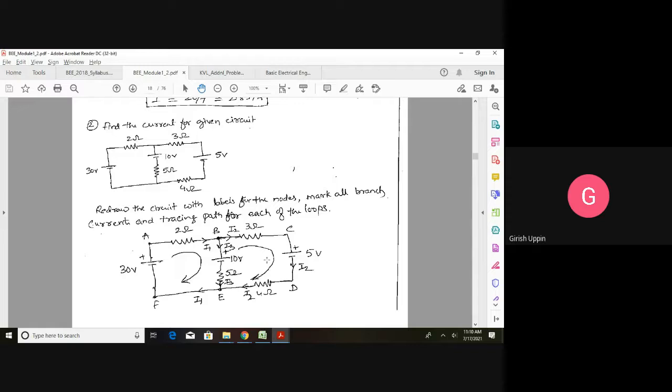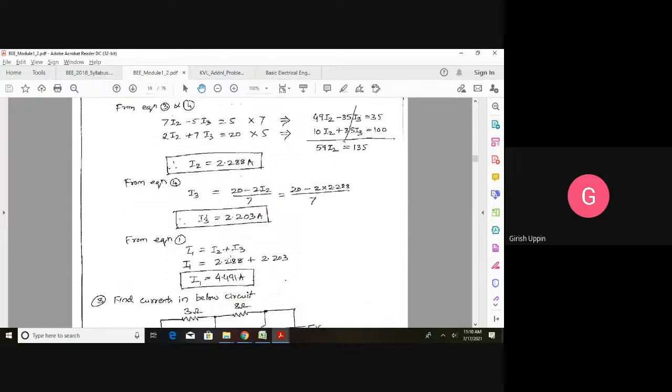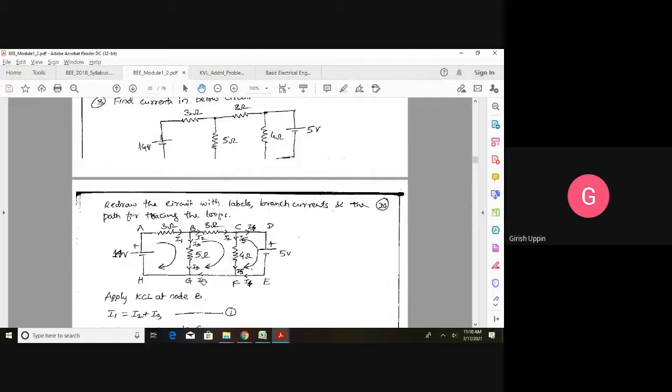So we will not solve this one. Don't take it as I3, because in these particular notes it is I3. Here also it is taken as I1, I2, I3, I4, I5. Don't take that. In this circuit, you have to take this as I1, this as I2. This is I1 minus I2. I1 minus I2 will come here. I3, and I2 minus I3 is this current. So I will show that.